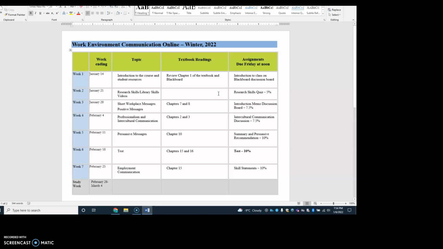Woo! Winter 2022. So as you see, each week is broken down with the week ending date, which is Fridays, and your assignments, as it says, are due at noon. Noon is not midnight, okay? Noon is 12 noon, lunchtime. That is when your stuff is due. I am awake then, and if you have any trouble, I can get back to you and we can sort things out easily. This is not true at midnight, so that's why I do noon.